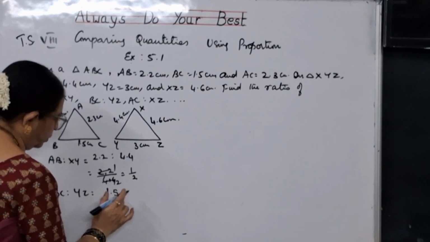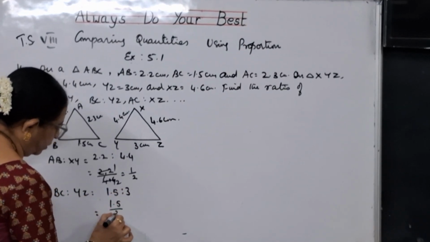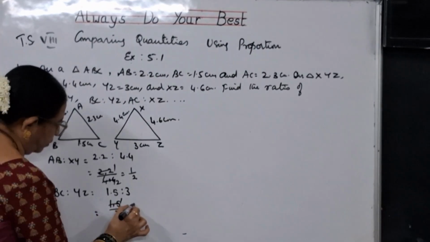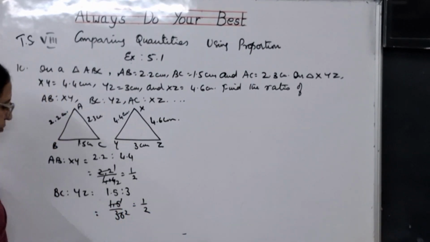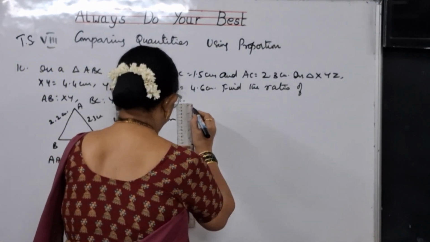1.5 is to 3. That means 1.5 by 3, keep 0, remove this point, 15 ones are 15, 15 twos are 30. This is also equal to 1 by 2. Next,